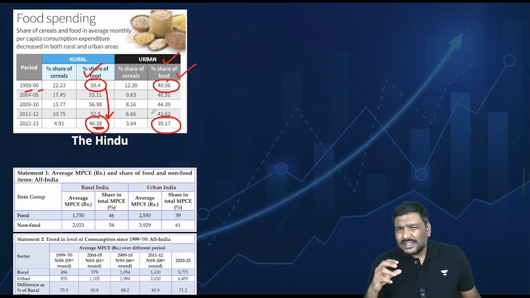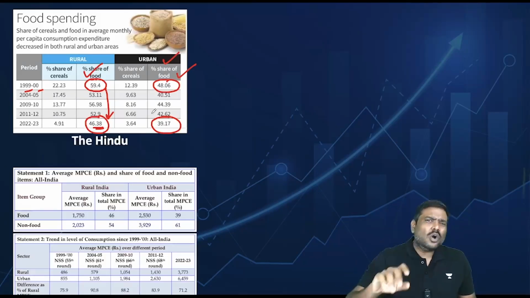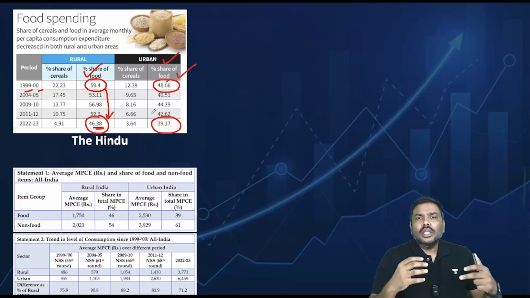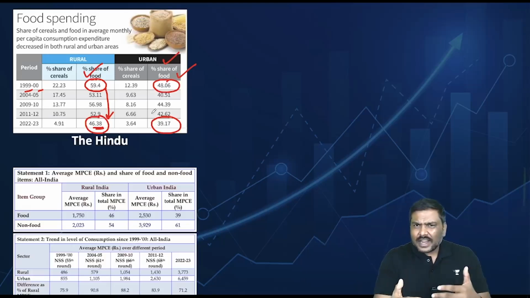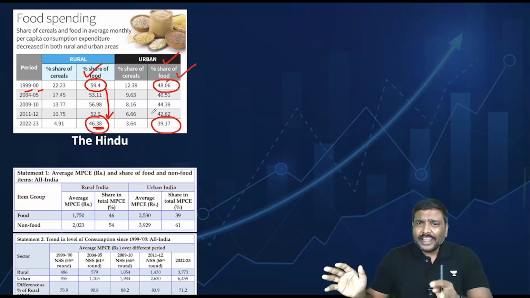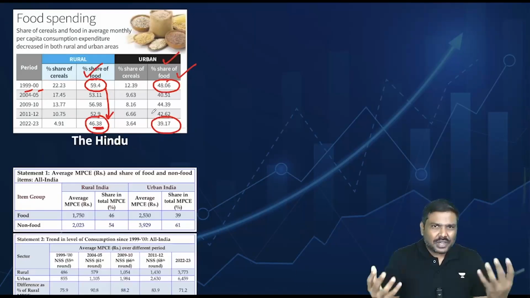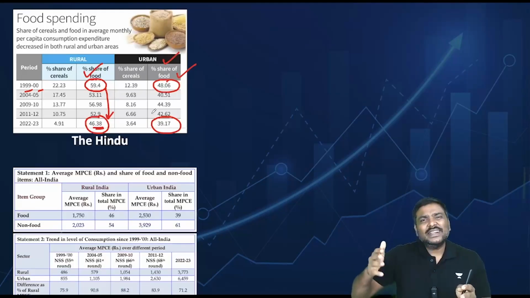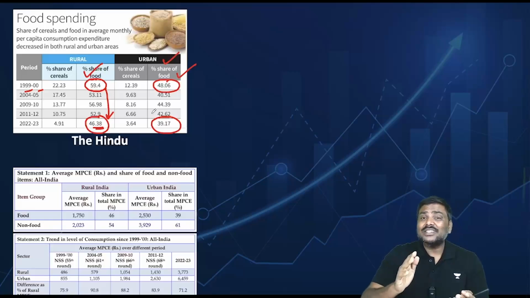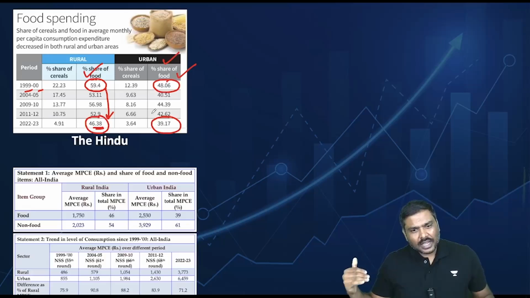Some of you might ask me, sir, is it any special feature associated with India? Absolutely no. This is commonly observed. For example, the United Nations Food and Agriculture Organization, UNFAO, very recently has stated that this kind of outcome has been observed in 28 countries that they have conducted the survey in. So it is nothing special as such. Over a period of time, whenever incomes keep on increasing, the percentage expenditure, I repeat, the percentage expenditure that we incur on food will automatically keep on coming down.